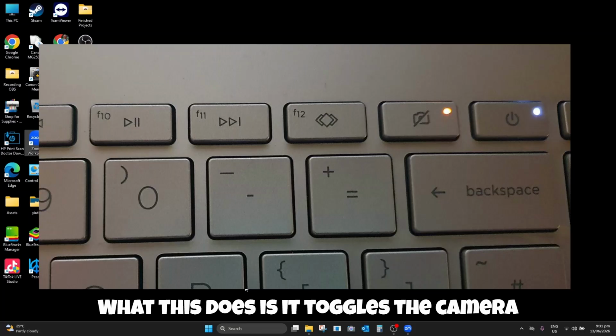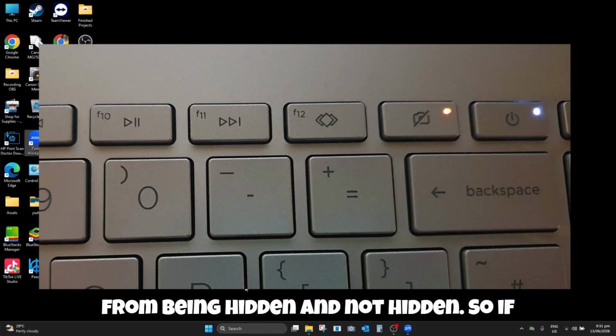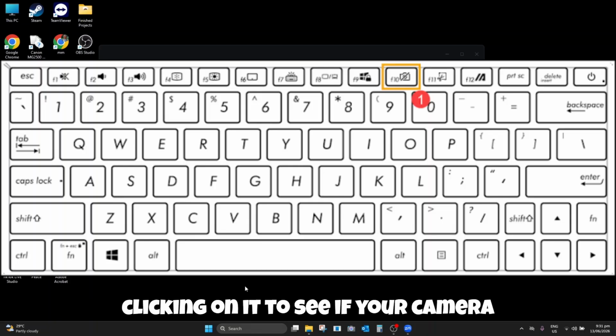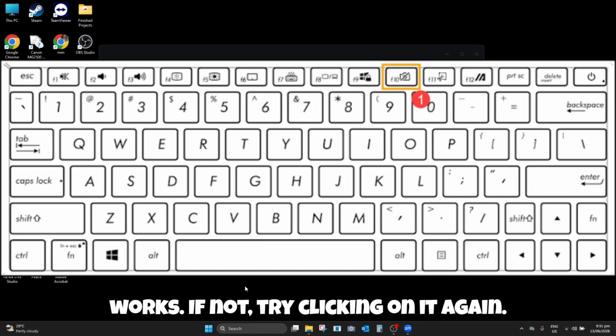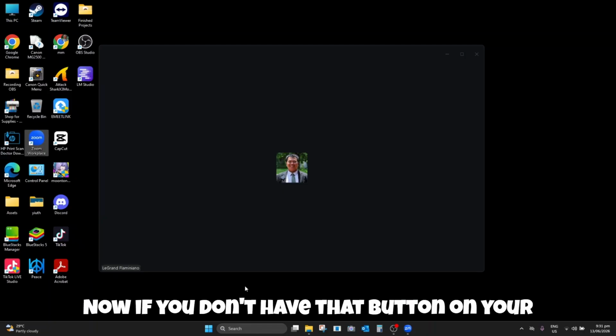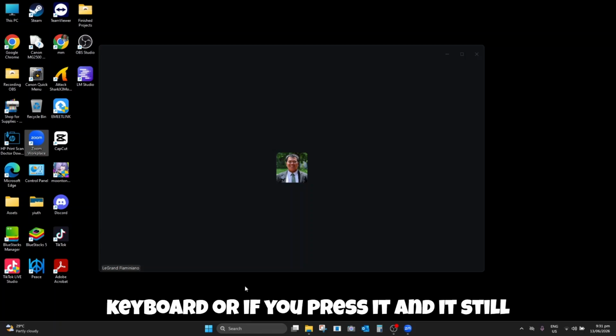What this does is it toggles the camera from being hidden and not hidden. So if you have this on your keyboard, just try clicking on it to see if your camera works. If not, try clicking on it again. Now if you don't have that button on your keyboard, or if you press it and it still doesn't work,